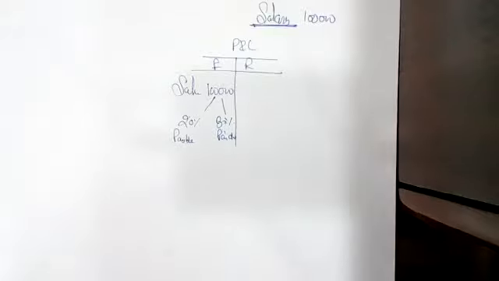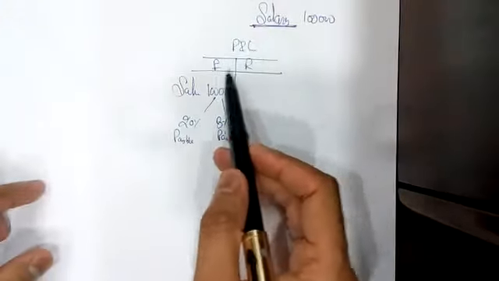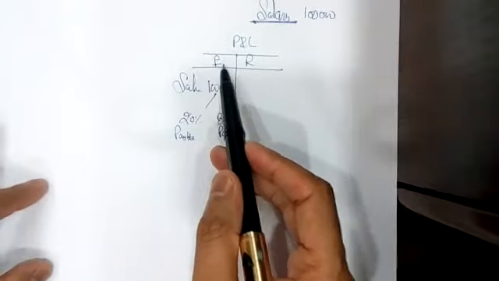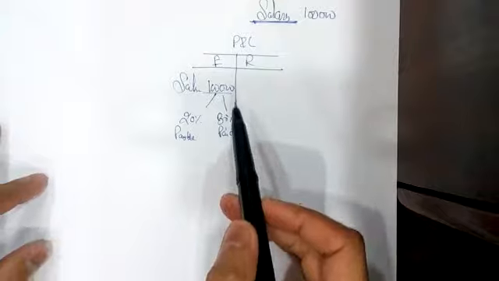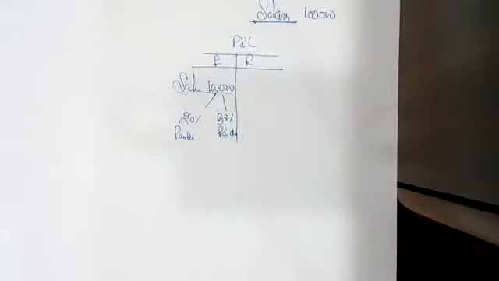So I will draw a P&L account where on the expenses side I will write salary of 1 lakh rupees, because this is as per the conservatism of accounting. Whenever I identify a certain expense, I am supposed to record it as an expense of the firm on the expenses side of the P&L account. Right? Now the next question comes: out of 1 lakh rupees, what portion have you paid and